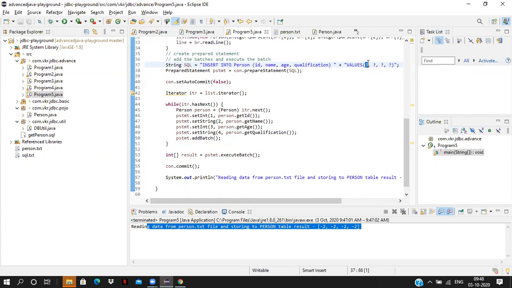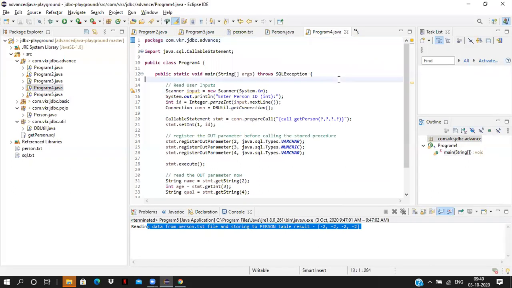But if you use statement here, we have to create the dynamic SQL queries. Queries means insert into person, ID, name, age, qualification, values of ID is some ID. We have to give the values there instead of question mark placeholders. Now let's go to the next program.